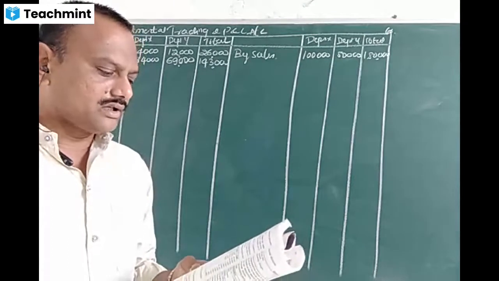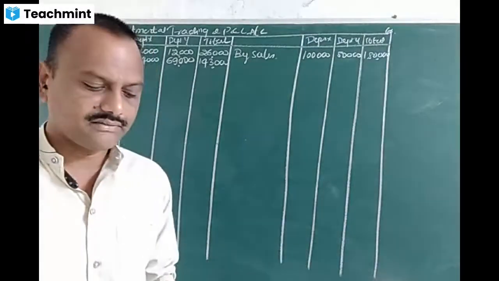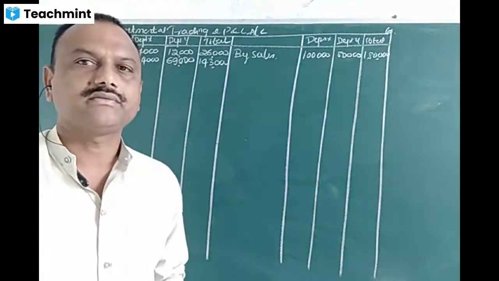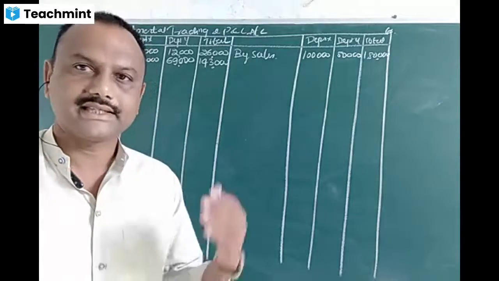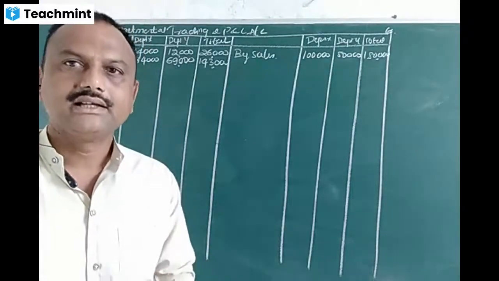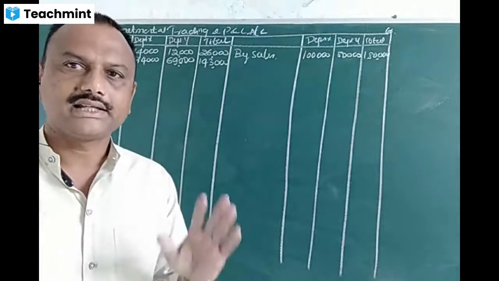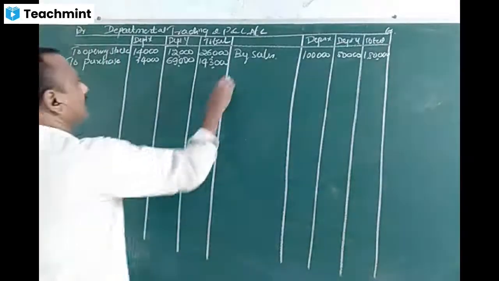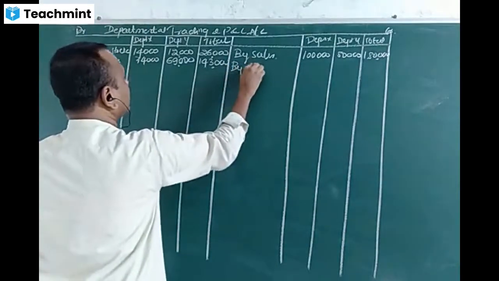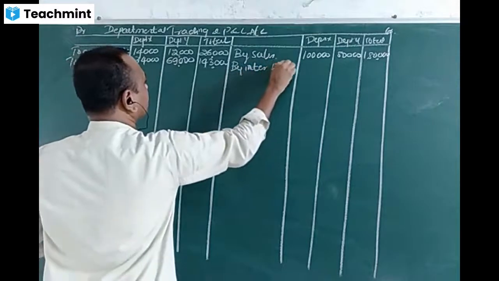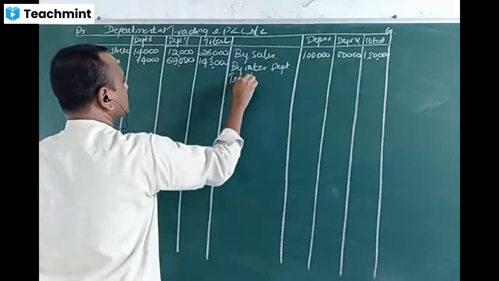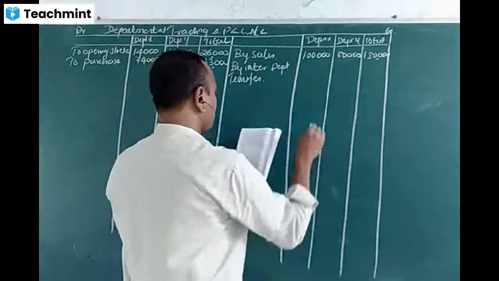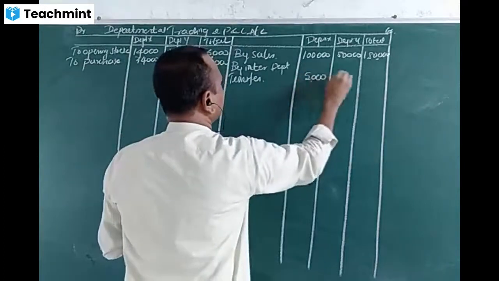So in the first adjustment, goods transferred from department X to department Y, 5,000, were not recorded. Goods transferred from department X to Y, it means X is a selling department and Y is a purchasing department. It means we have to adjust this as an interdepartmental transfer. So from X to Y, we have to credit X 5,000.